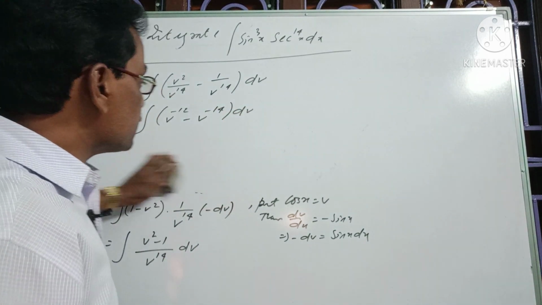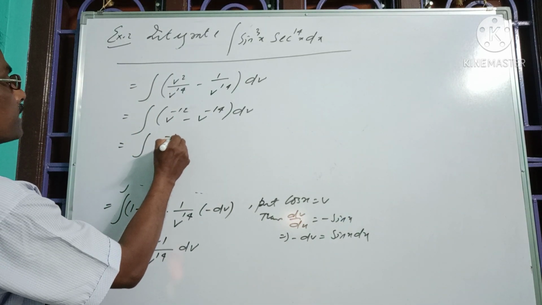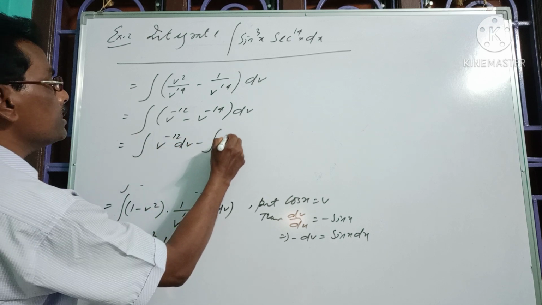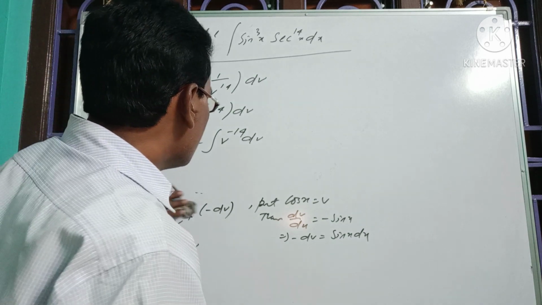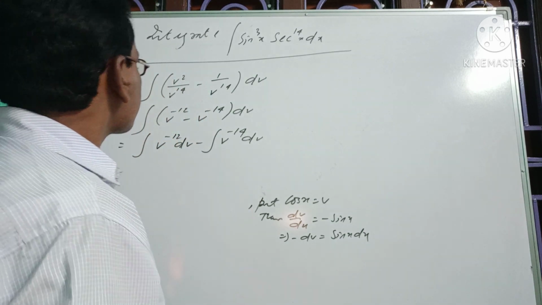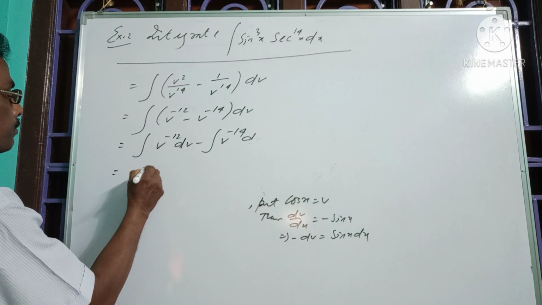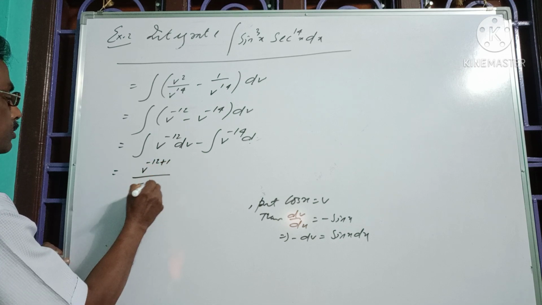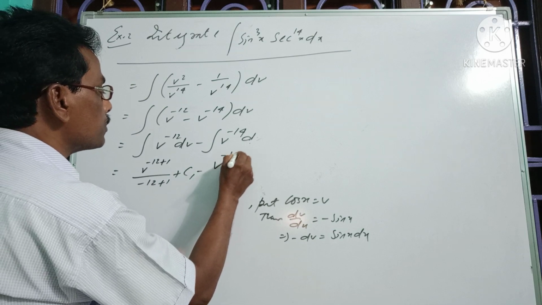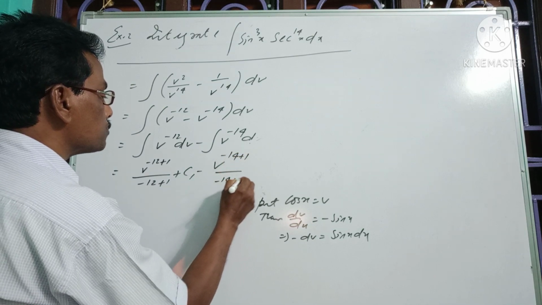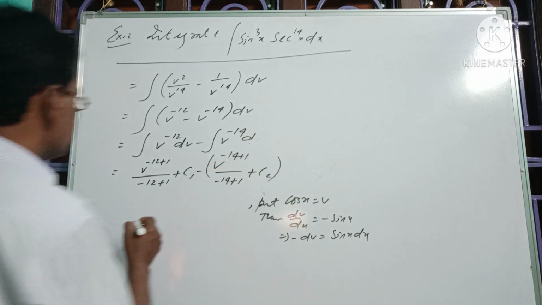So applying the algebra of integrals, it will give us the integration of v to the power minus 12 with respect to v minus the integration of v to the power minus 14 with respect to v. Now integrating both the integrands, we have v to the power minus 12 plus 1 by minus 12 plus 1 plus the constant c1, minus v to the power minus 14 plus 1 by minus 14 plus 1 plus c2, where c1 and c2 are the constants of integration. So again simplifying, we have